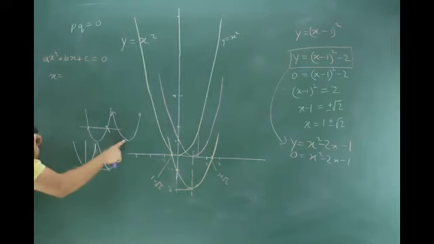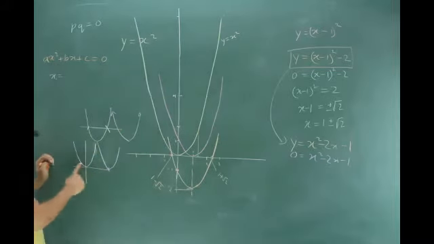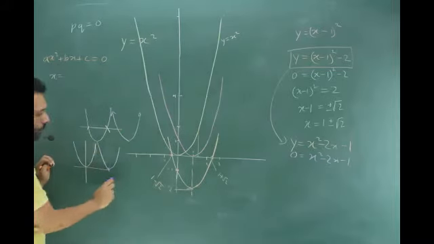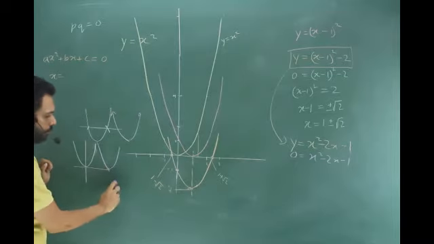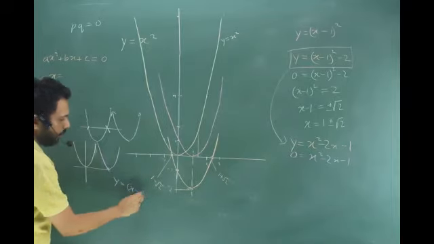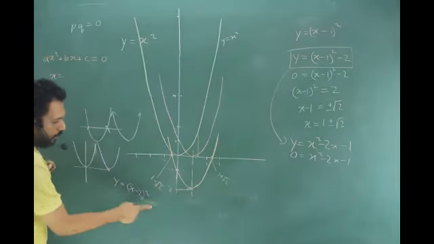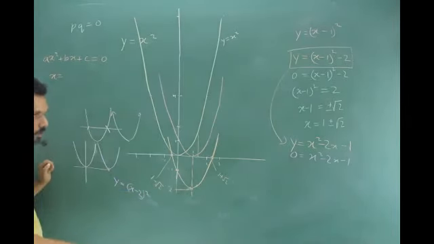So intersecting is not possible, just touching. Now with our transformation logic, if x square has to be just shifted left or right, then what is going to happen? Give me a sample. Sir, y is equal to x minus 1 the whole square. You had given that. Yeah, x minus 1 or x minus 2 the whole square, right? Nothing, like no plus or no minus. Plus means gone up, minus means gone down, right?